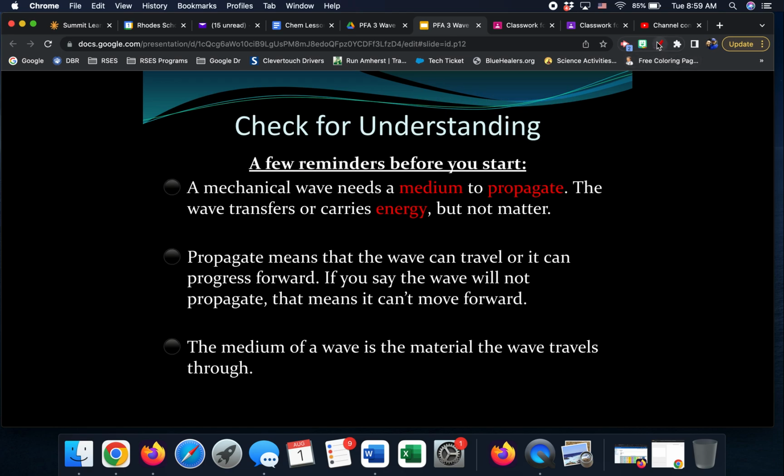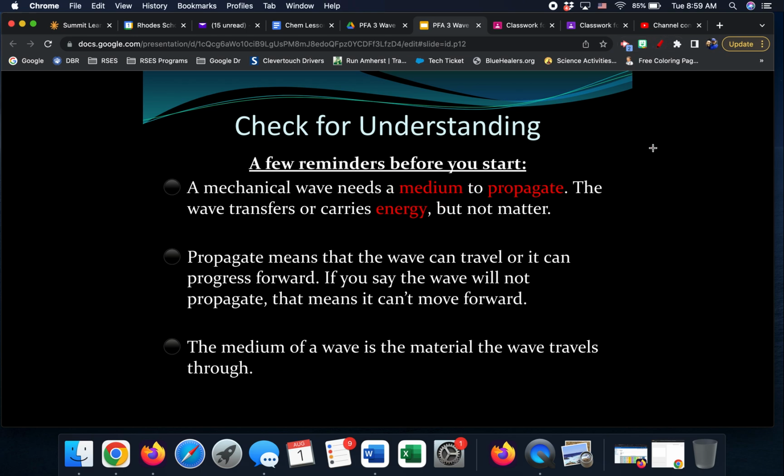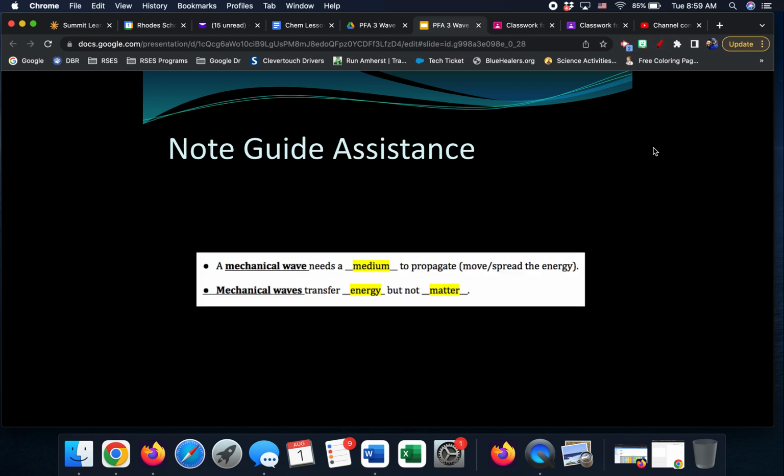Couple things to remember. A mechanical wave, we'll talk about the difference between mechanical and electromagnetic eventually, but for now, everything we've talked about is a mechanical wave. It must have a medium. Right now, the only thing we know that doesn't need a medium, and I don't mean scientists, I mean in this class, are light waves. Light waves can travel through outer space because they don't need a medium. Well, mechanical waves, like everything we've been talking about so far, do need a medium because they have to hit molecules that transfer the energy from one to the next. Pause and put that in your notes.